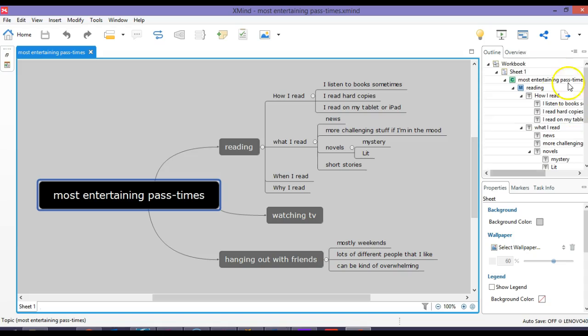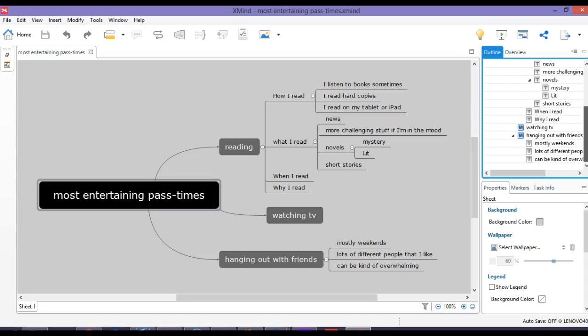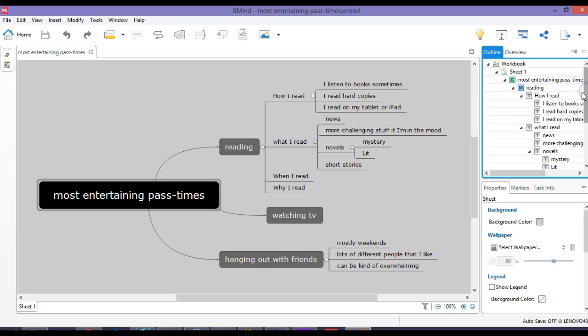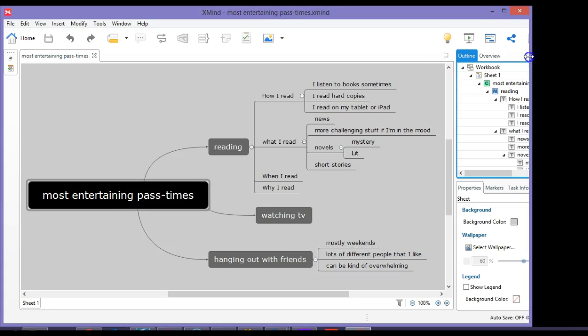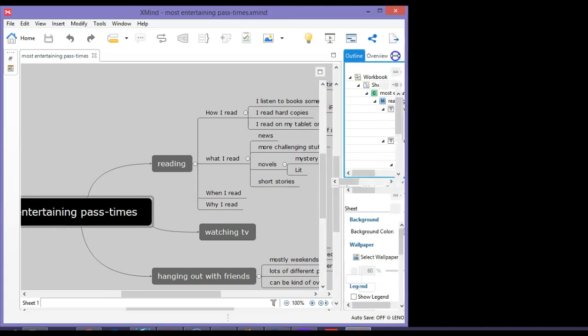So you can see this is the outline view that Xmind gives you, and it's not really, in my opinion, as good as the outline feature in Inspiration, but it's there. Basically what you do if you have this free version of Xmind is you split the screen with a Word document and you can write from it, just the way that we did, I believe, with